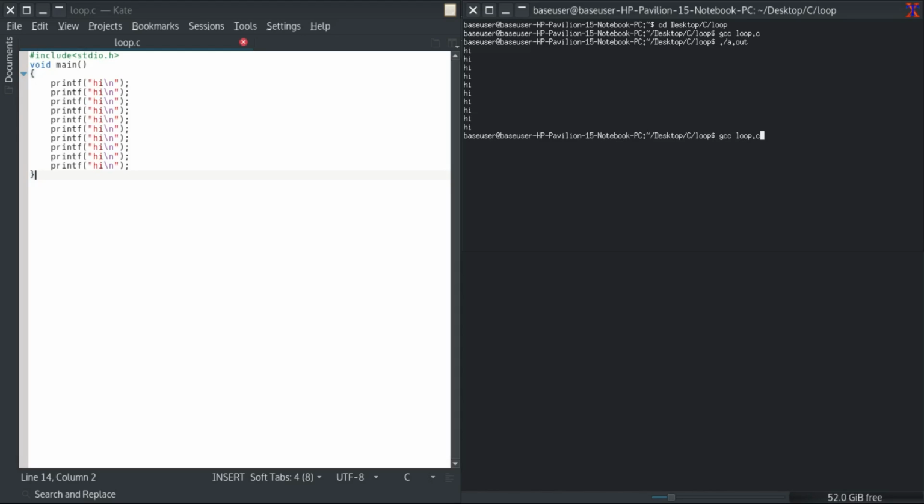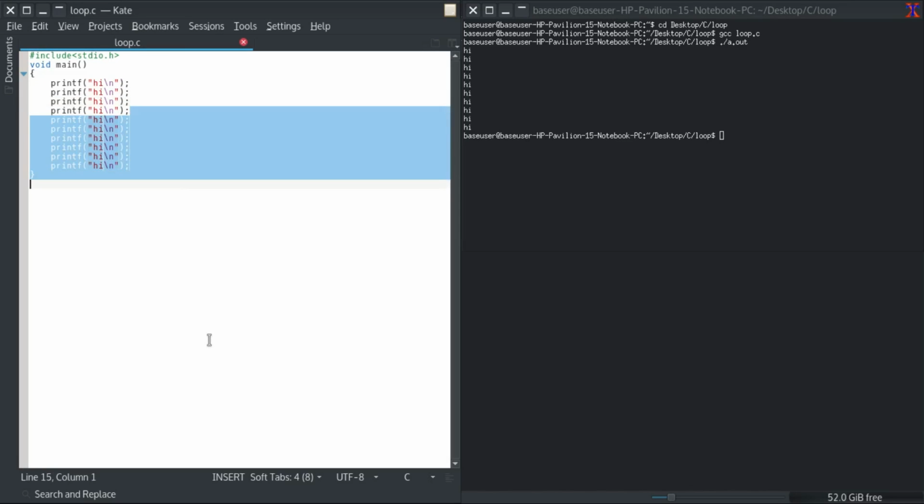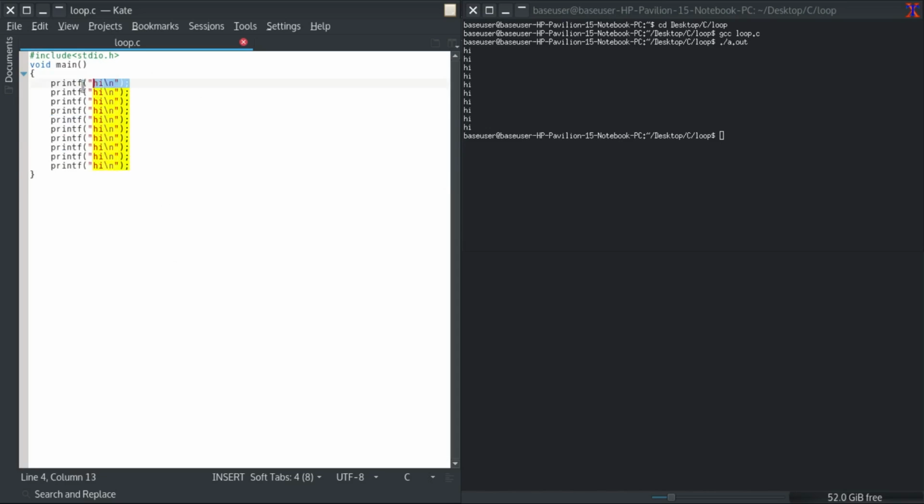But do you honestly think that if you want to repeat a code which is hundreds of lines, say 2000 times, you will write that 2000 times again and again? Imagine the length of code which you have to even copy paste, and the trouble the compiler will have to go through checking all that code line by line. It would be hell for it. So hence we have loops.